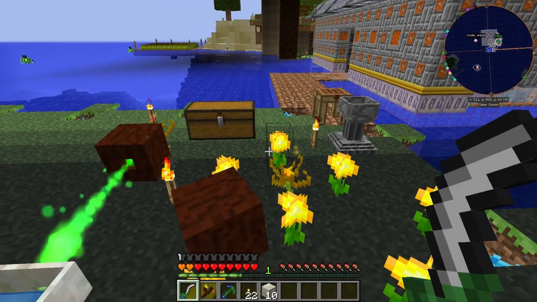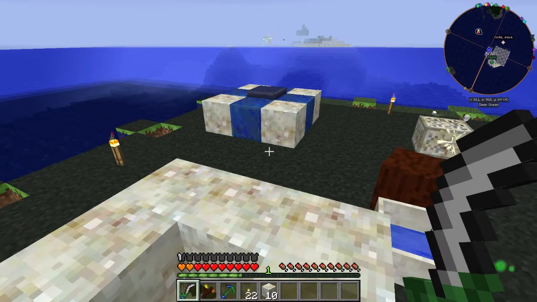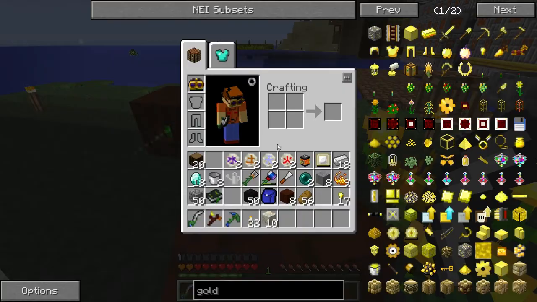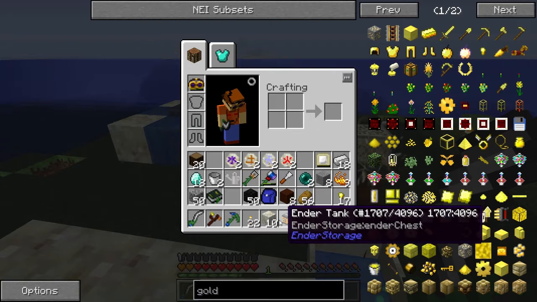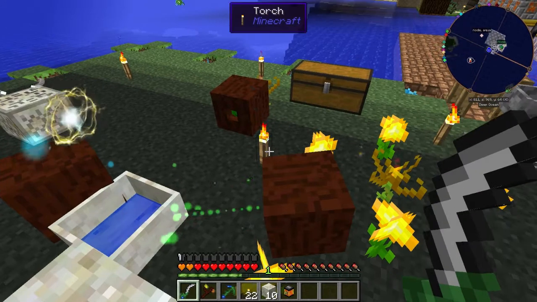Yeah, I'm gonna need to get some better mana generation, and for my plans, I've set something up. I've gotten an ender tank and an ender pump in the nether, sucking up lava, connected, and I've got another ender tank. What my plan is